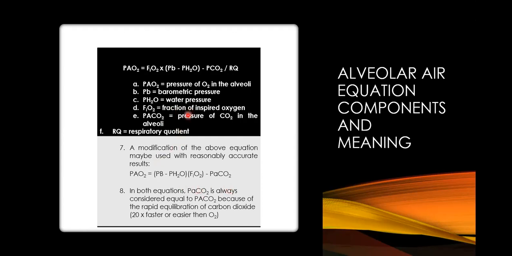All right. So this is the respiratory quotient here. This is the whole equation for P big A O2. This is breaking down Dalton's law, okay? Dalton's law simply says that the individual gases exert their own pressure, but if you add them together, it equals one big pressure. That's all he's saying. That's all you've got to know for Dalton's law to be able to explain it. But this is showing you how we arrive at the pressure of oxygen in your lungs through the alveolar air equation.